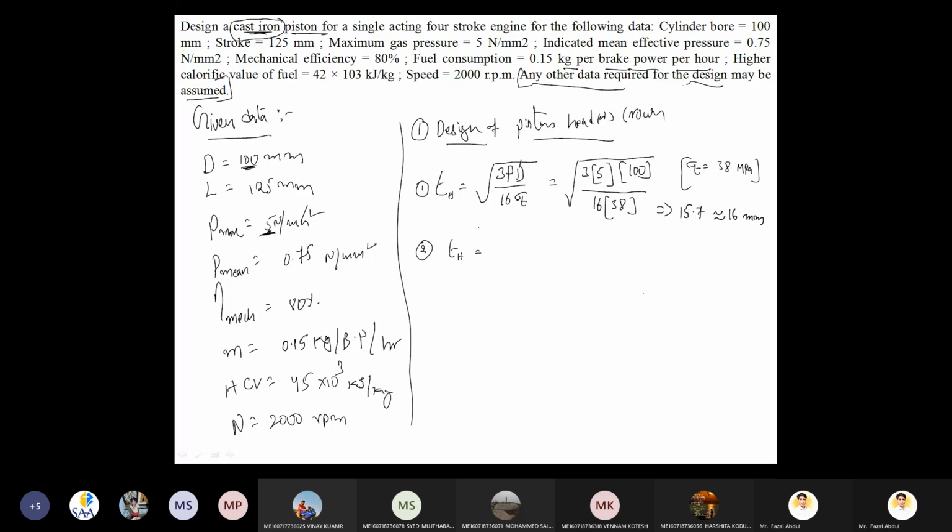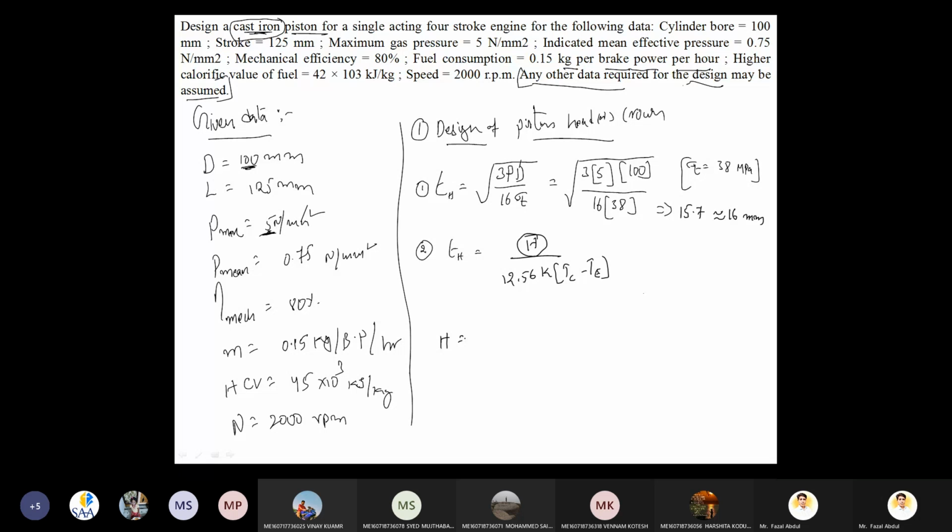Now, on the basis of heat dissipation, the equation is H by 12.56 into thermal conductivity into Tc minus Te. Tc is the temperature of the piston at the center. Te is the temperature of the piston at the edges. Now what is H here? H is the heat generated or heat dissipating here. So to calculate this H value, I am writing the equation.